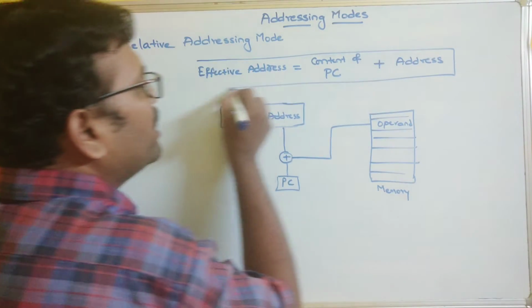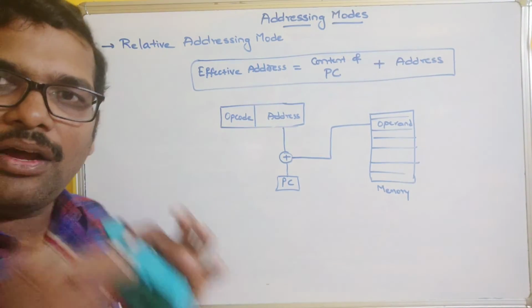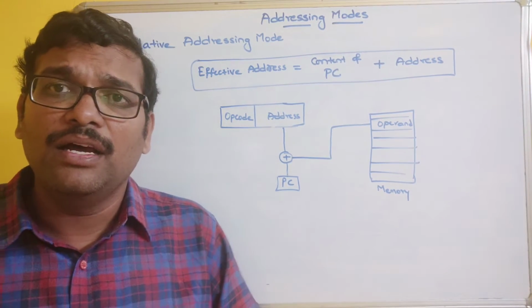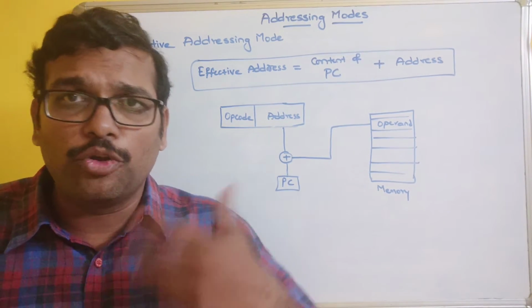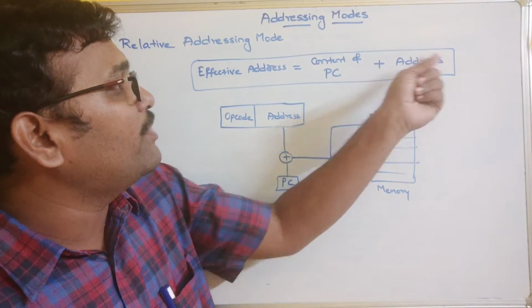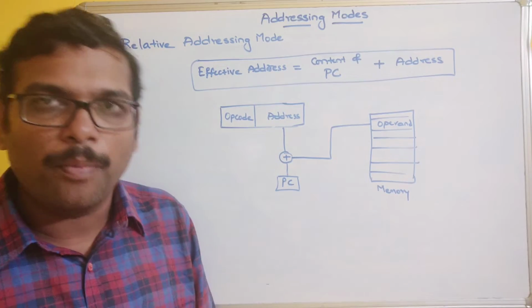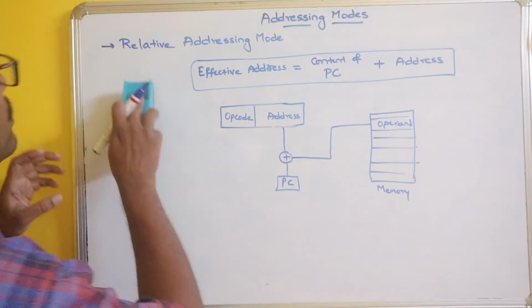Effective address will be the addition of content of a program counter. So we know that a program counter will be having the address of the next instruction going to be executed. So that will be added with the address to get the effective address of the operand. And the next one,